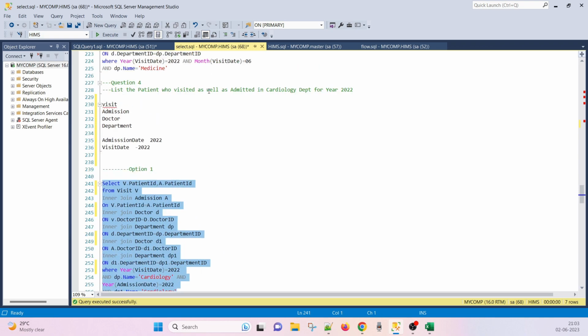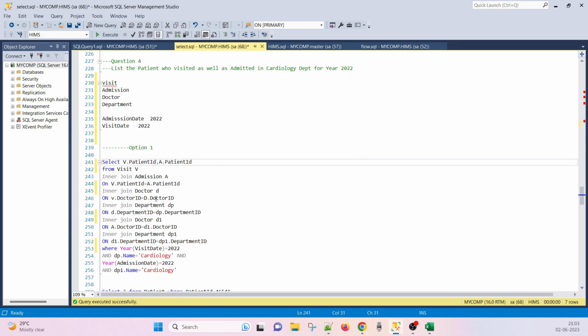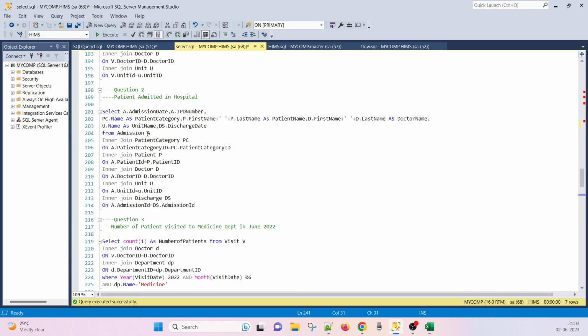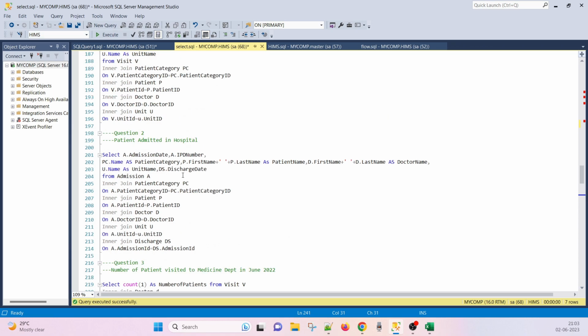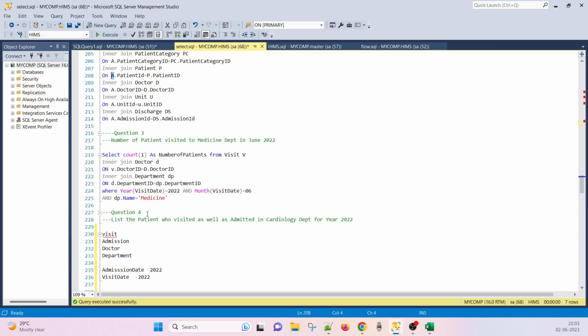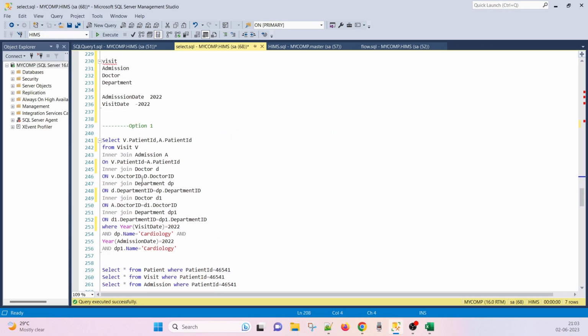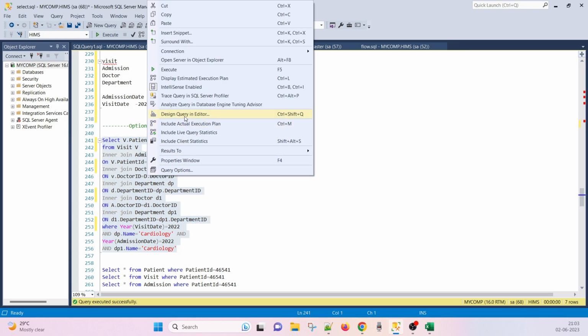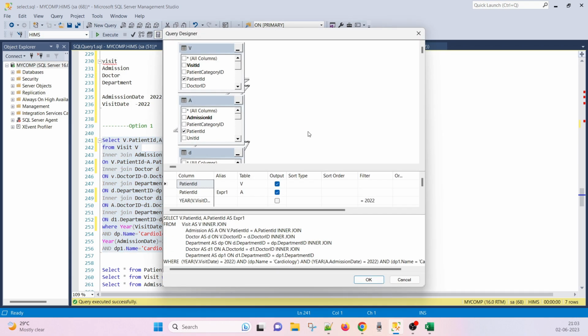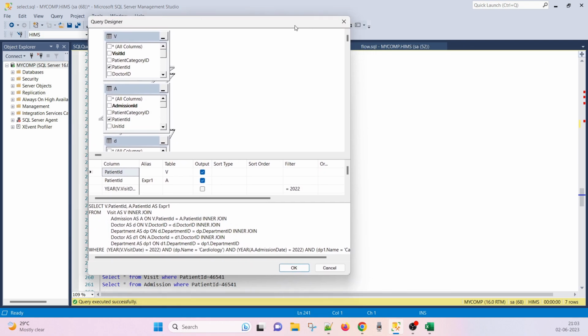And you will get the complete information, meaning you can join the patient table and you will get the complete list of patients. Join with patient, because we have a join with admission or visit, correct? So you can do it easily, no problem in it. So right click on it and then design query in query editor. So you observe here